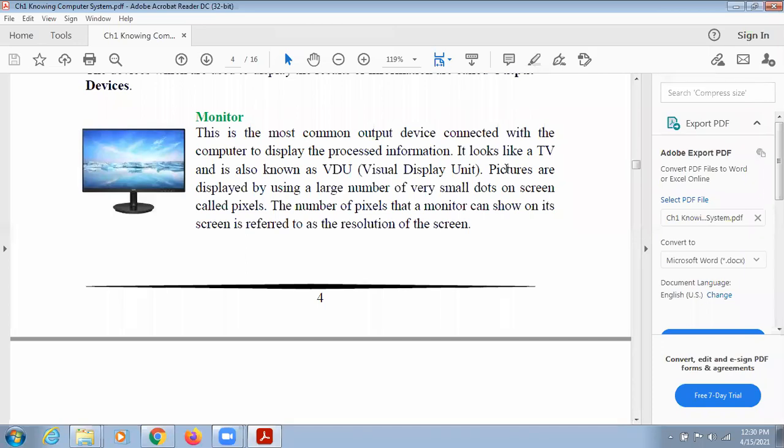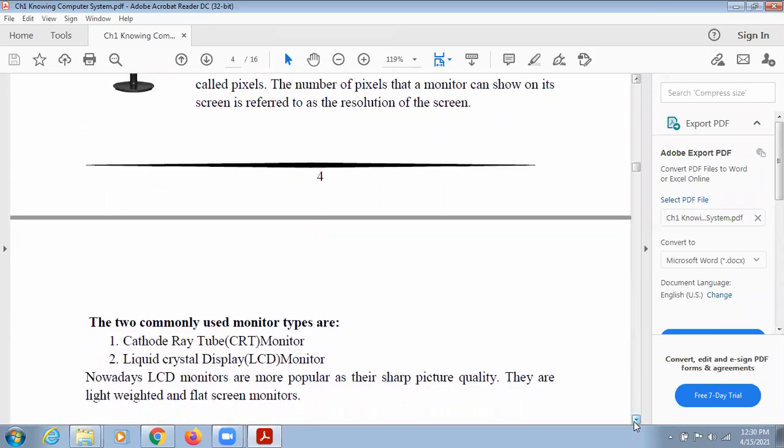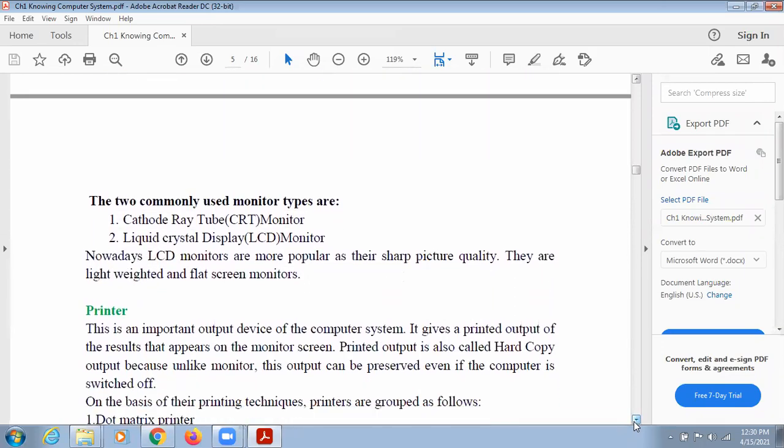So if I have stored a PDF in my system or maybe a video, and I want to play that video, or maybe open that PDF file, the content of that PDF file will open in front of me. That can be done with the help of monitor. So monitor is an output device. There are majorly two types of monitors. One is CRT, cathode ray tube, and one is LCD, that is liquid crystal display. LEDs are also there, light emitting diode, so these are the three types of monitor basically. LEDs and LCDs are mostly the same.